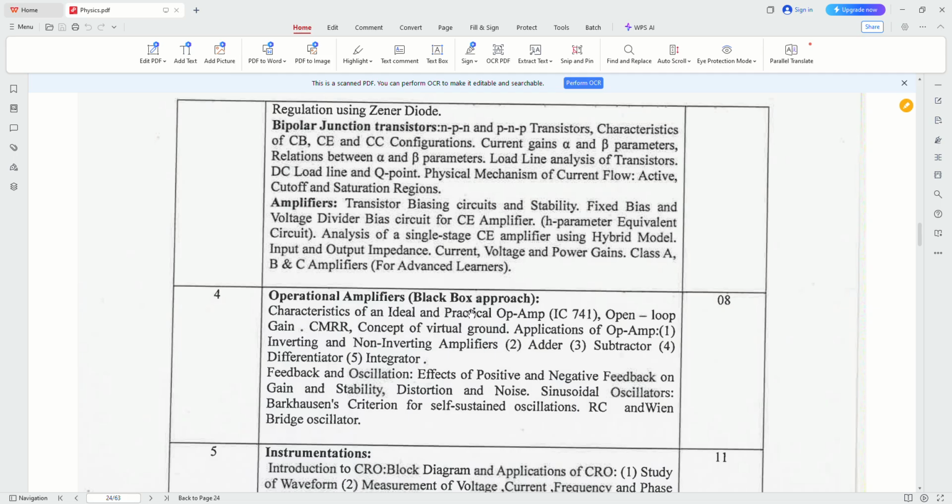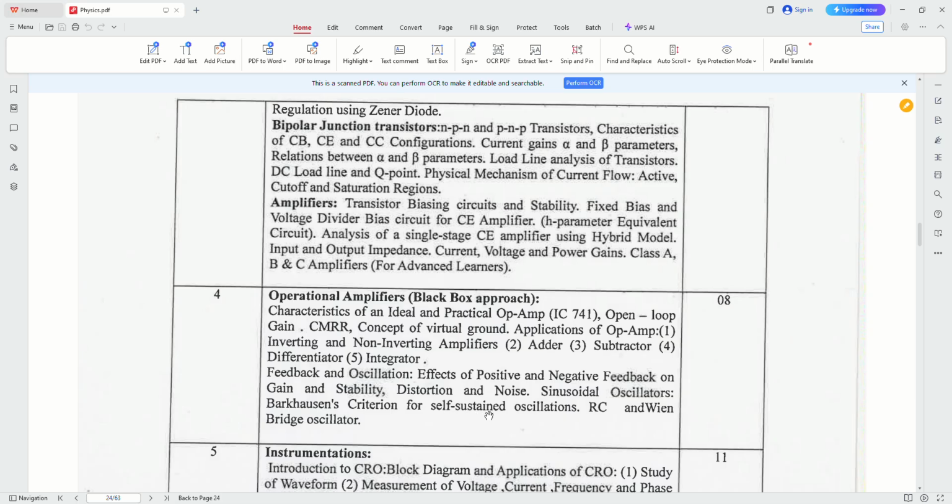Operational amplifier, black box approach, practical and ideal op-amp, IC 741, open loop gain, CMRR, concept of virtual ground, applications of op-amp: 1, inverting and non-inverting amplifier; 2, adder, subtractor, differentiator, integrator. Feedback and oscillator: effect of positive and negative feedback on gain and stability, distortion and noise, sinusoidal oscillator, Barkhausen criterion of